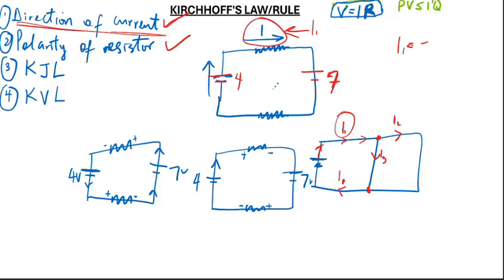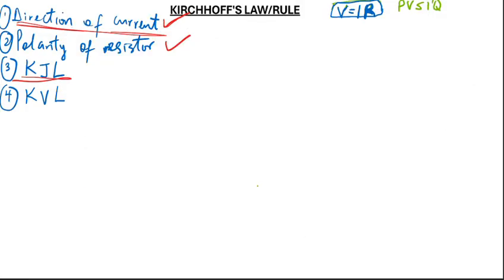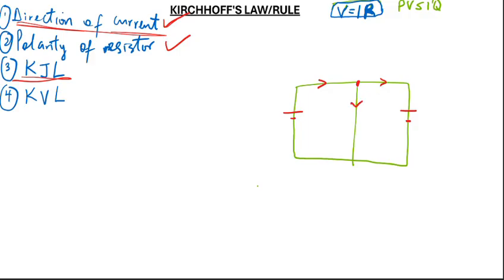Now let's move to the third one, KCL, the junction law. Now for the junction law, you have something like this. And you know that this is a junction that we are to note. This is a junction that we have to note. So let's assume current is flowing like this and current is flowing like this, flowing like this. So if this is how current is flowing, now what happens is that the one that enters, which is I,